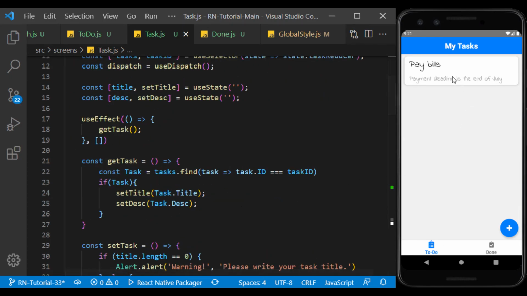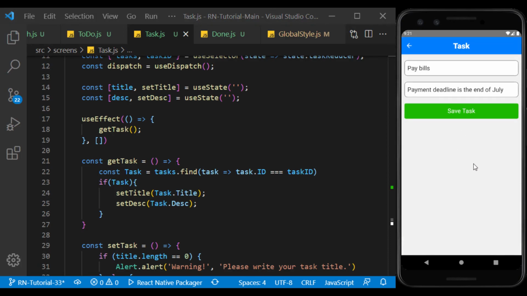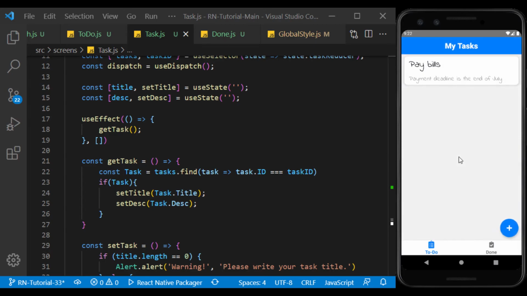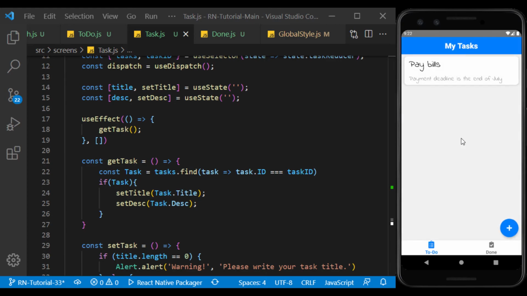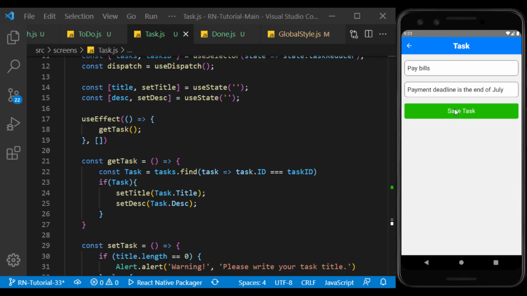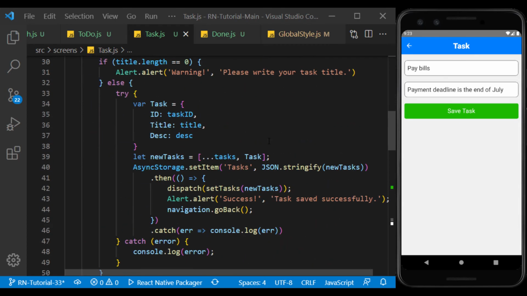And as you can see, by touching this task, its values are displayed in the task details page. But by clicking the new task button, because the task with a new ID cannot be found, the values are empty. Now, in order to update the task object values by pressing this button, I will make changes to the setTask function.